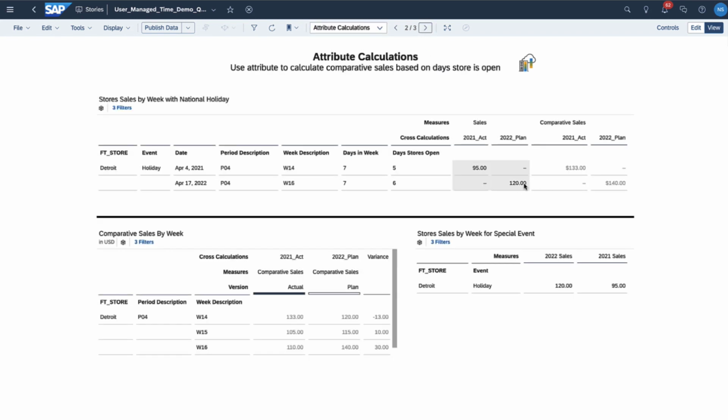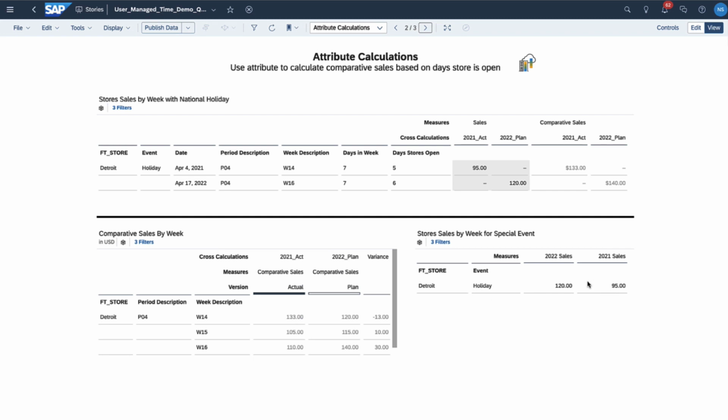So if we look at our next scenario, this is a case where we're extending our date dimension to include events such as a holiday. This may be something like Easter, which doesn't fall on the same calendar day or week year over year. And we may want to look at our sales and also give a comparative sales as if the store was open. So we're taking into account the days in week and the number of days the store is open that week. And we're adjusting these values. So this gives us a week over week comparison if we'd like,